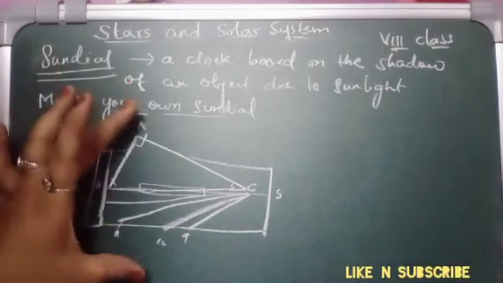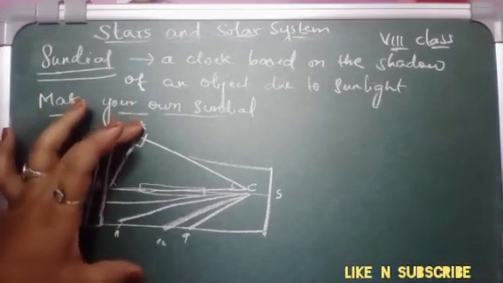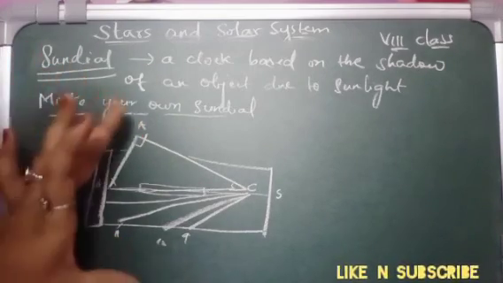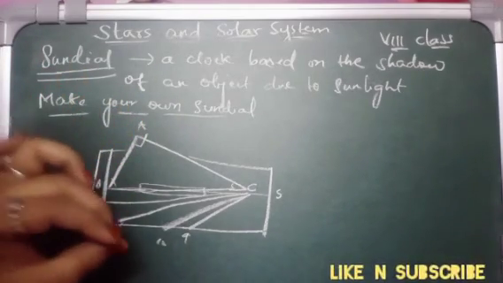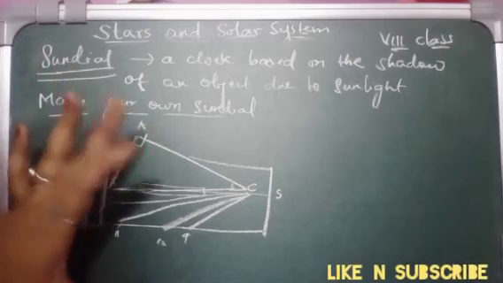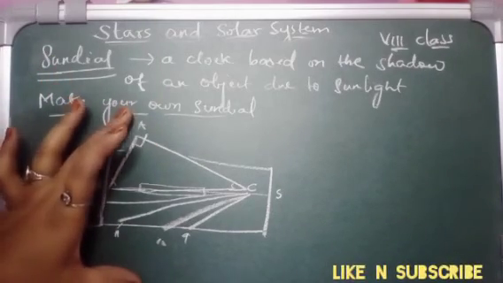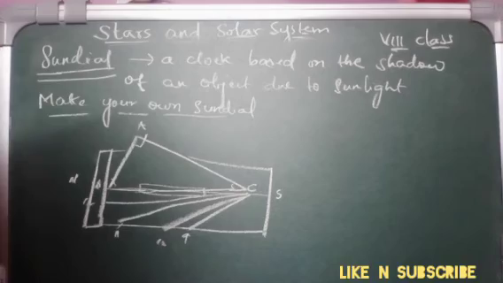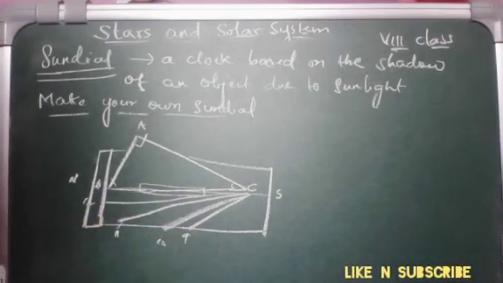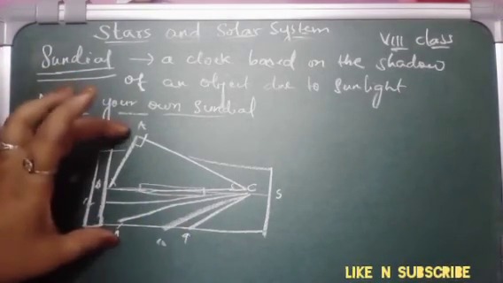So isn't it a good clock, without any cell, without any battery? The thing is that we have to do a little hard work one time, then every time we will come to know the time. But when there is no sun, it will not work. So that is the side effect of this. But during a sunny day we can find out the time.